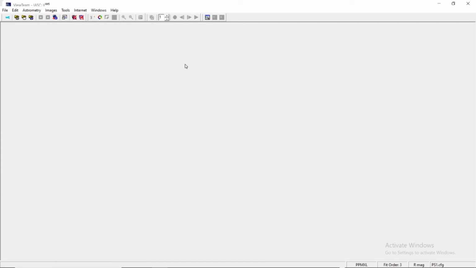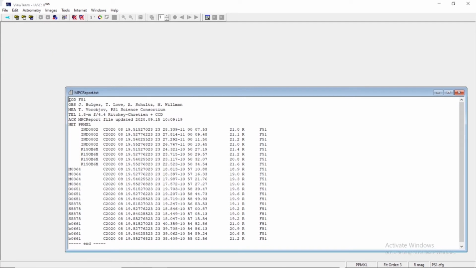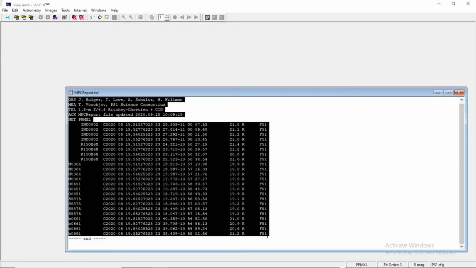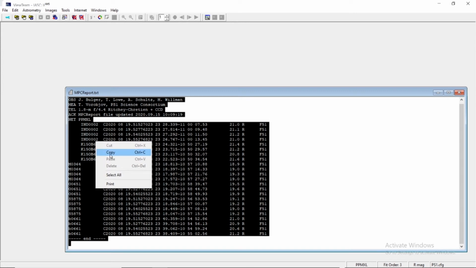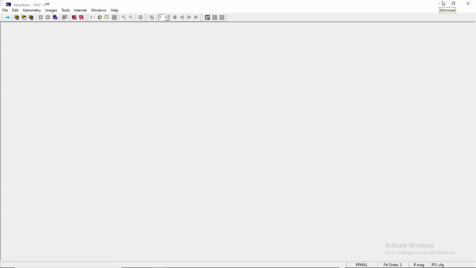You can close it, and before closing it you can copy this entire MPC report, and I would request you to save it somewhere. You may close this MPC report. Either you can submit it over the portal, or at the same time I would request you to save this report after copying it in your record file, say MS Word or Notepad, whichever software you want to use, and it will be of great use to you.